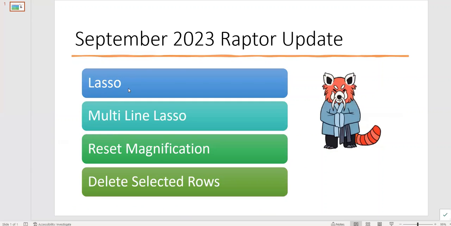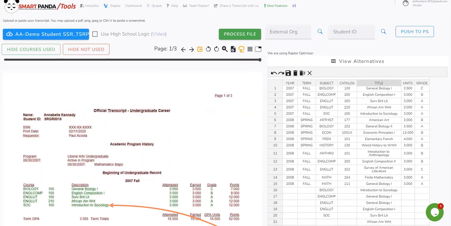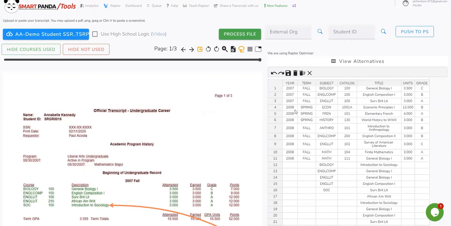So we've looked at lasso, multi-line lasso, reset magnification, and let's look at delete selected rows. You'll see a new icon for deleting selected rows. In Raptor, you've always been able to delete multiple rows by selecting them with your mouse and then right-clicking to delete them. With delete selected rows, you can click on rows that are not next to each other, just single-click them